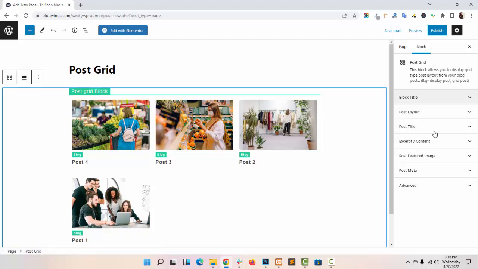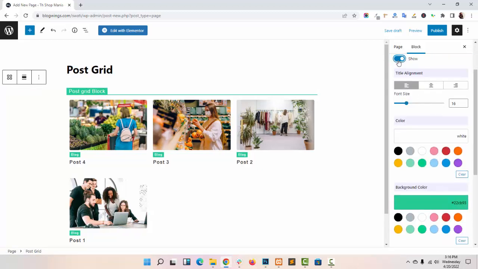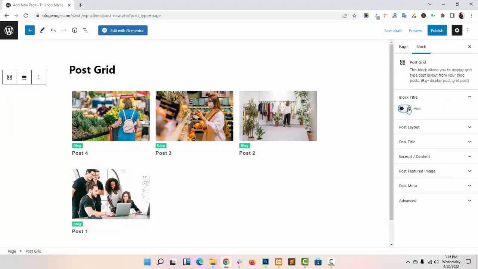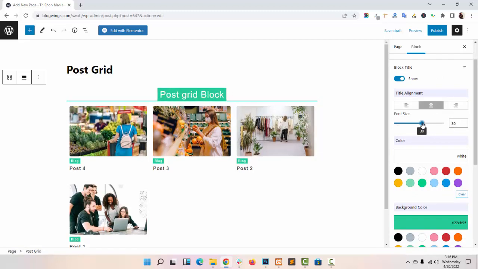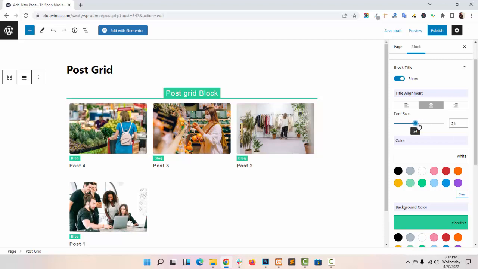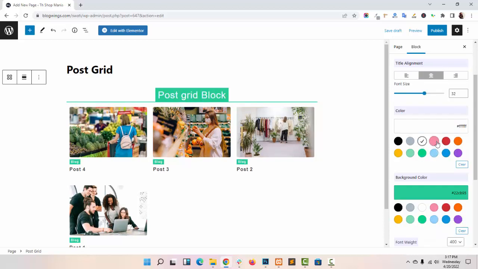These are the options given in our post-grid block title. You can display or hide the block title from here. Title alignment, left, right and center. Font size, you can increase or decrease the font size by just scrolling the scroll bar. Change the color of your title